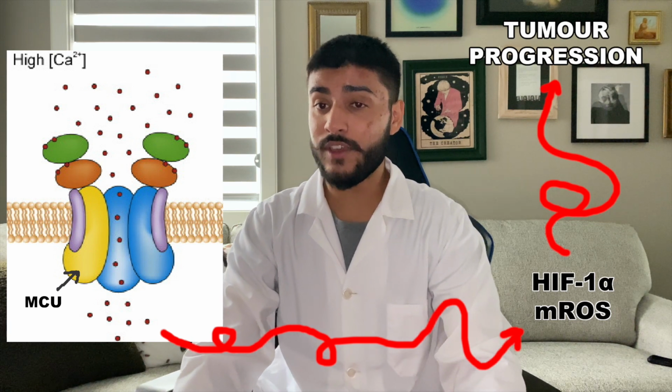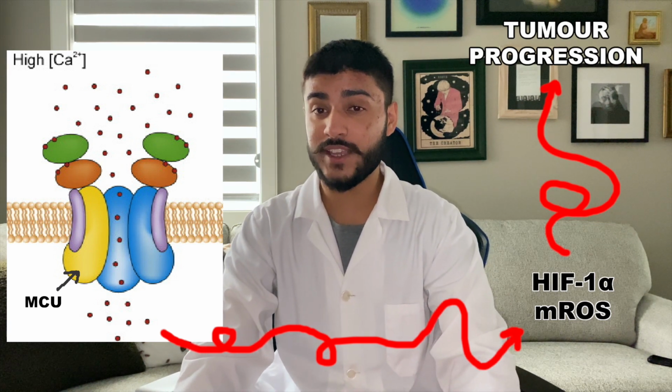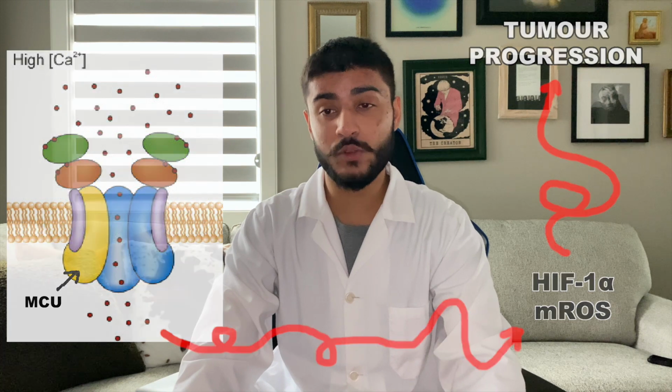Lastly, the rescue of HIF-1 expression in MCU silenced breast cancer cells restored migration and tumor progression, highlighting the importance of this hypoxia-inducible factor and the mitochondrial calcium uniporter's job in regulating its expression. Finally, we'll bring it to Ethan to unravel some cool future directions science is taking towards calcium mechanisms.